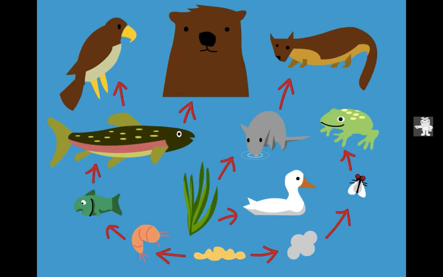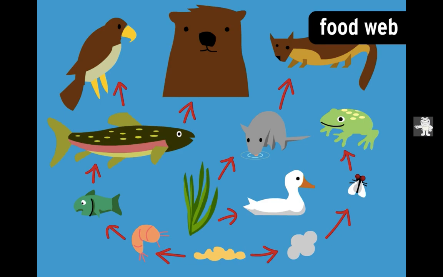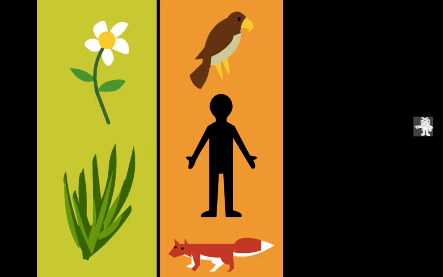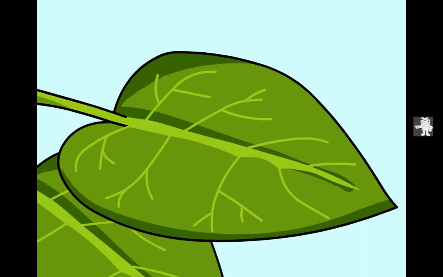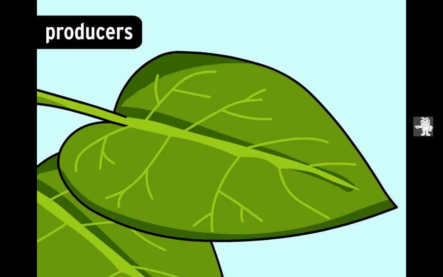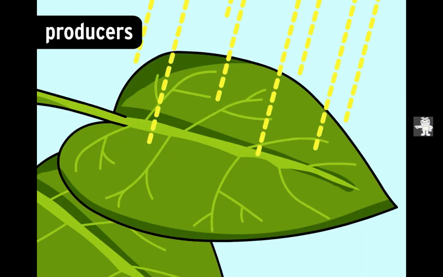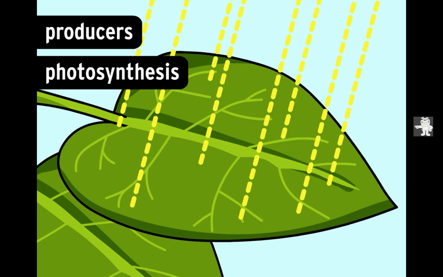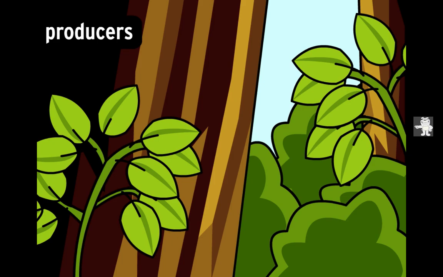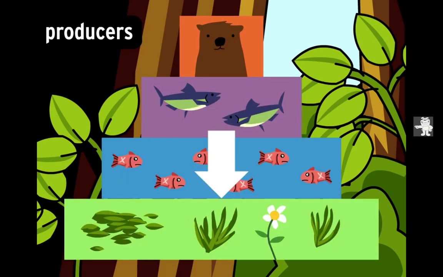Food chains aren't the whole story. They often combine to form complex food webs containing many interconnected and overlapping chains. A food web has three major elements: producers, consumers, and decomposers. Plants make up the bulk of the world's producers. They are able to make their own food using photosynthesis, a process that harnesses the energy of the sun. Producers are the largest part of any food web, and you can find them at the bottom of all food